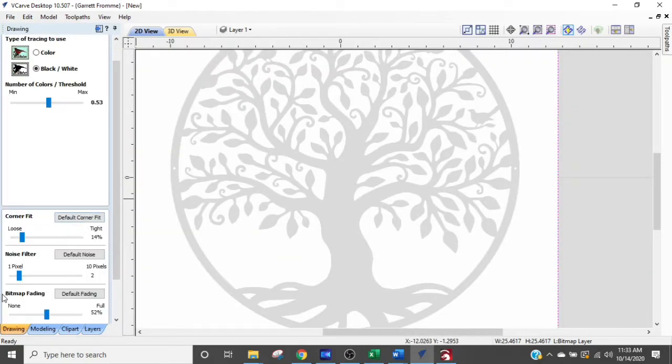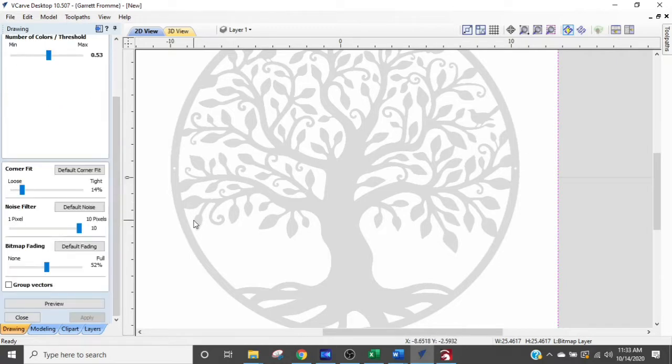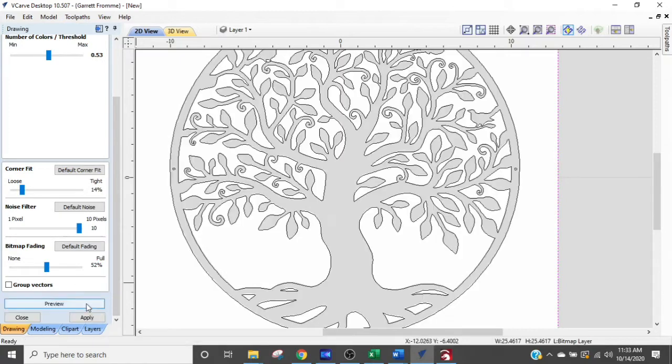Alright, down below, I always set up my noise filter up high. Noise filter just cleans up your lines even more, especially if you have a lot of jagged edges and stuff. If you've got a very rough picture and you can't seem to get it adjusted here, that's going to be a bit more complicated. You have to fiddle with nodes, but for this case, we don't need to do that. Let's preview this, and now it's imported the image, the lines around the image. We're going to apply this and close,